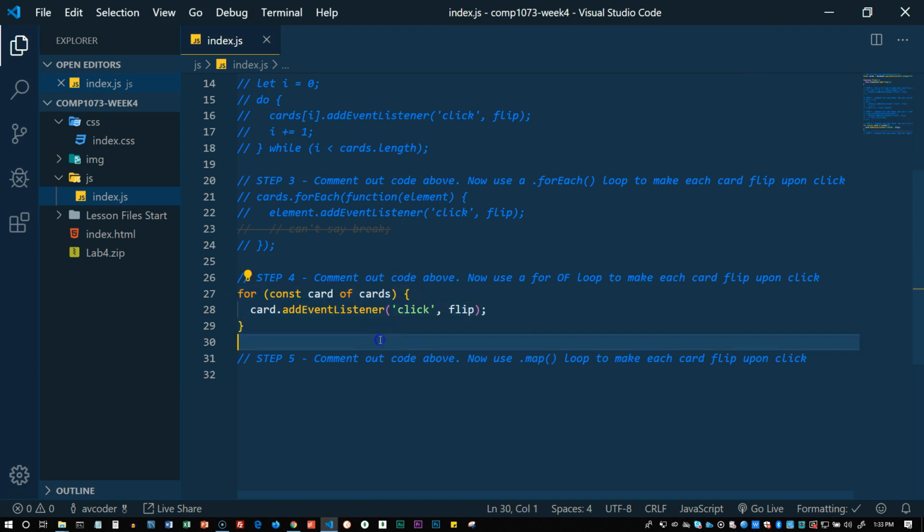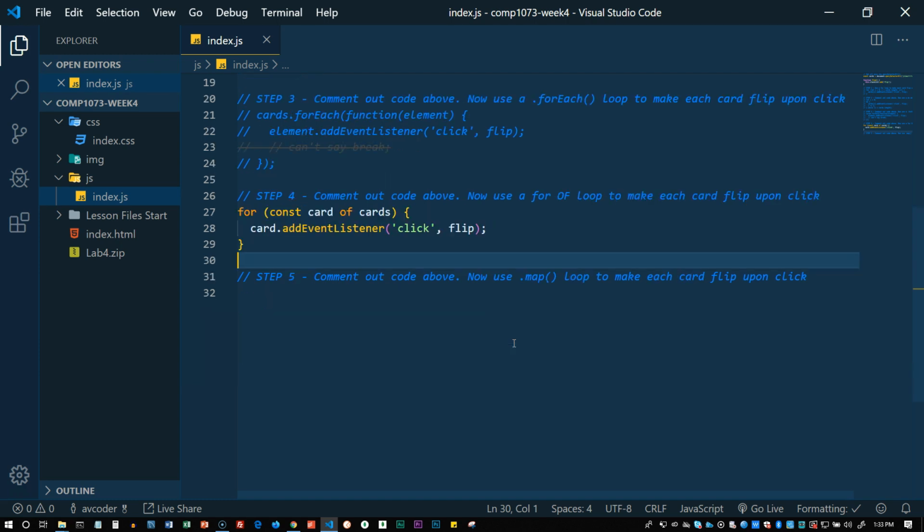I would say for modern JavaScript land, for of and .map, as well as .filter and .reduce, those are your big 4 loops that you should use from now on. OK, so that's step 4. I want you to try